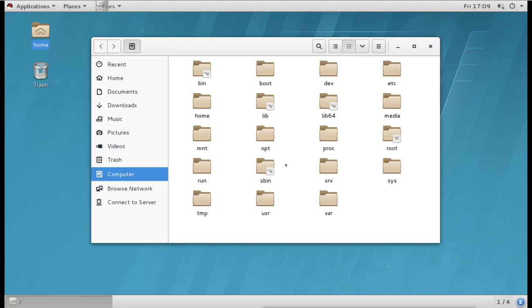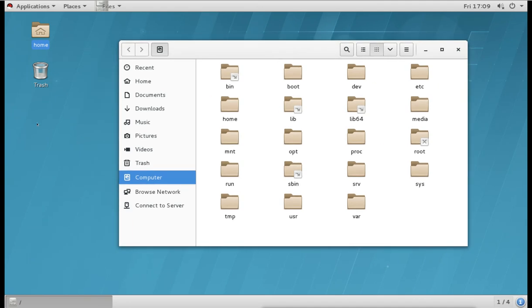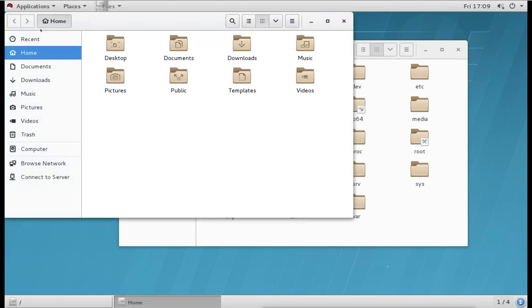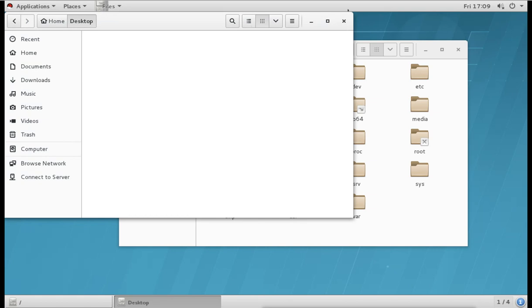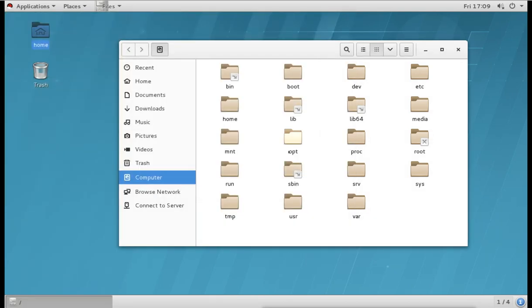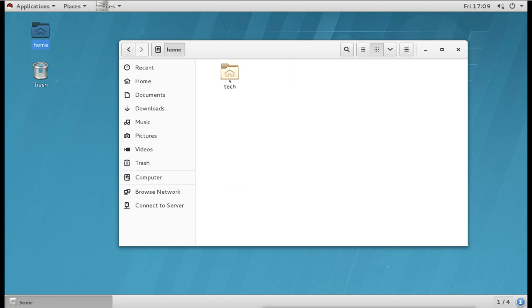Even if you create any directories, wherever you create any directories or any data, it will still go under the slash. For example, suppose I create any file on this desktop, where is it going to be stored? It is going to be stored in the home directory, under the Desktop directory. Where is this Desktop directory? It is under slash home, because all the normal users' home directories go here, and under that we can see this is our home directory for this user tech. You can see the home symbol here, and the same symbol you can see here also. So this is the exact same directory.